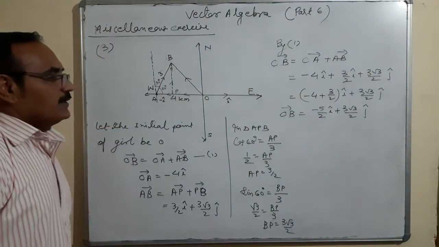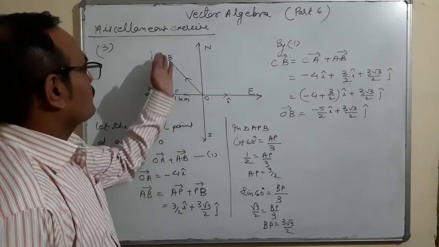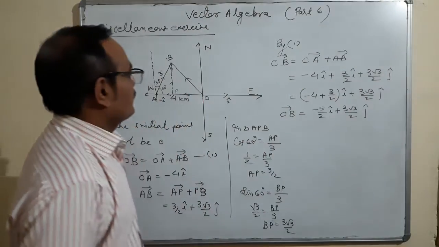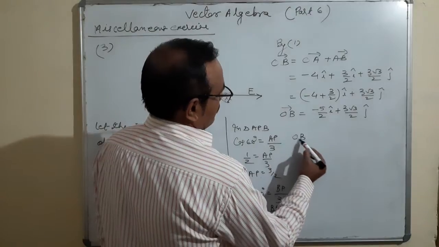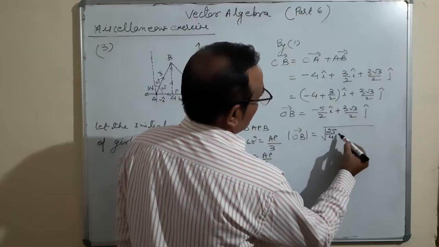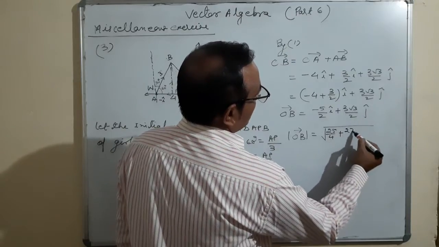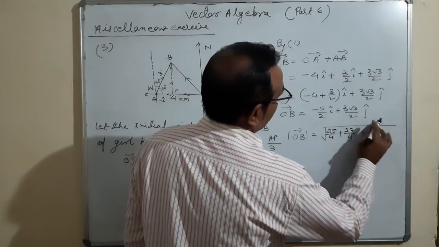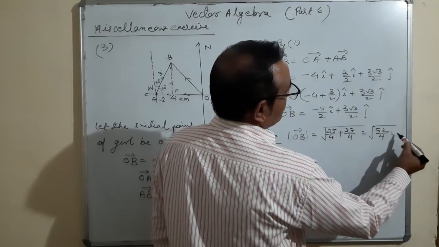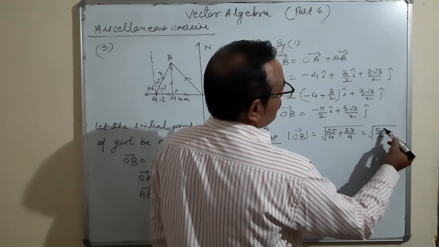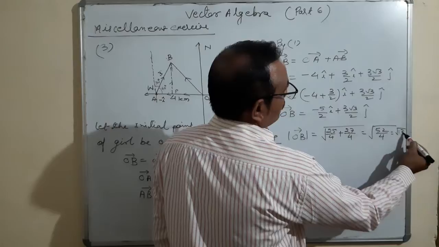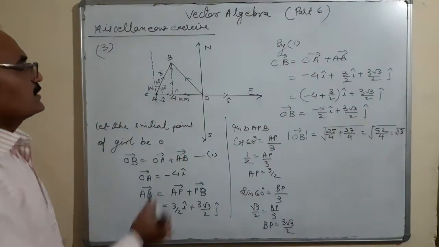And when you are going to find the magnitude, you'll find the displacement from O to B simply as the root of (5 by 2) whole squared plus (3 root 3 by 2) whole squared. We can write it like that. OB in magnitude form is 25 by 4 plus 9 times 3, 27 by 4. So it is coming 52 by 4, that means 4 ones are 4, 4 threes are 12, under root 13. So displacement is under root 13. This is the magnitude from O to B.